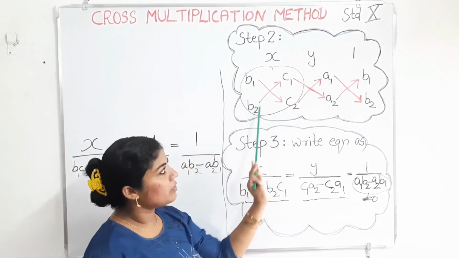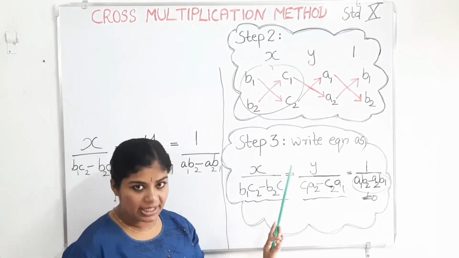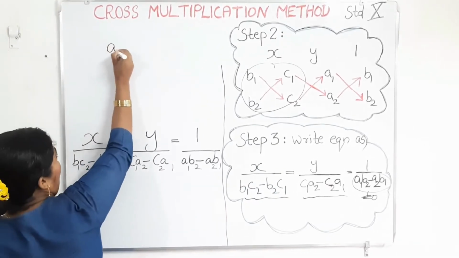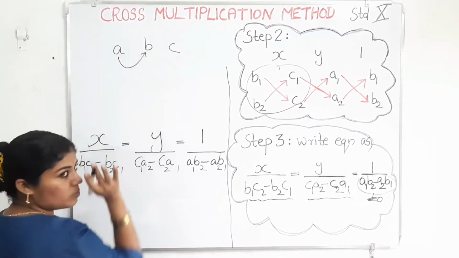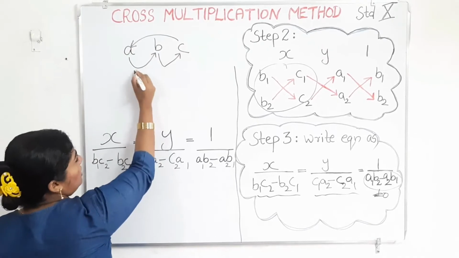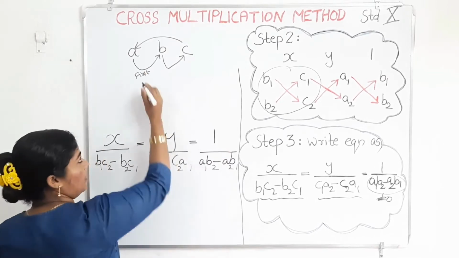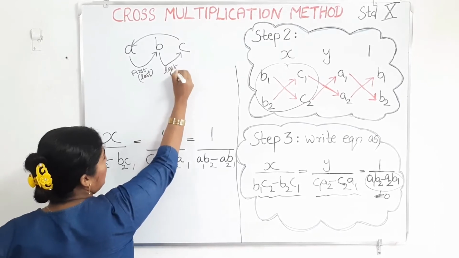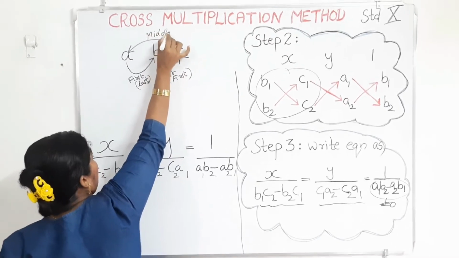And here you have to see the pointers also, keep that in your mind. Then after that, step 3 is easily written. How? You just check. We know A, B, C. The first pointer is this one, the second pointer, and this is the last pointer. The first pointer you are writing on the last side. And the last pointer you are writing on the first. Then this one you are writing in the middle. Got it?